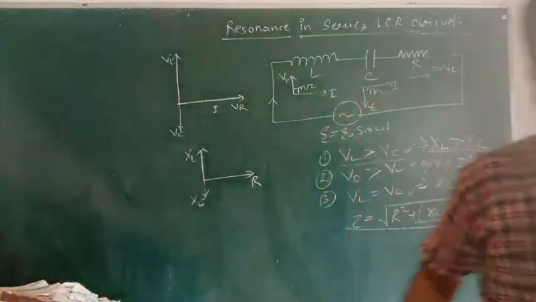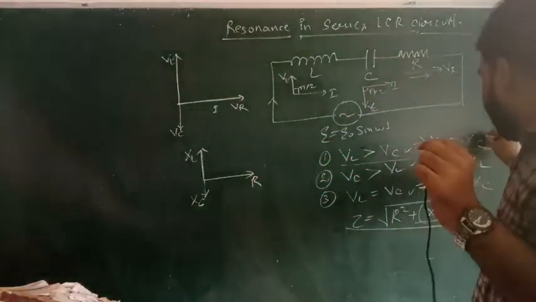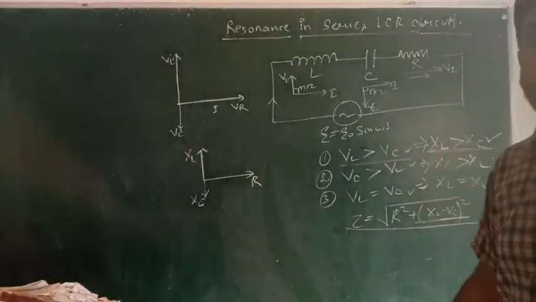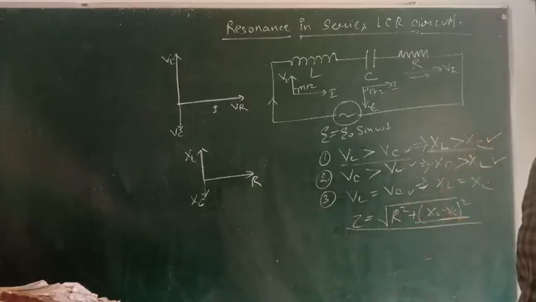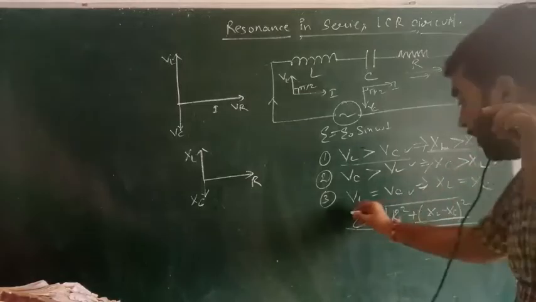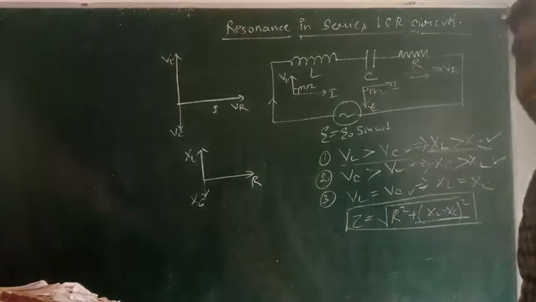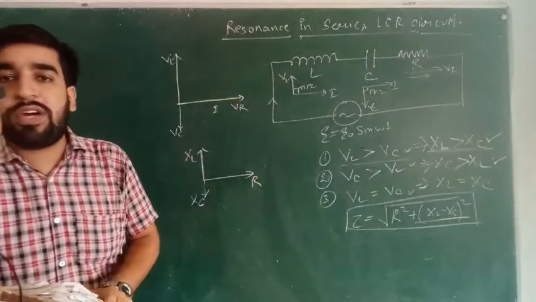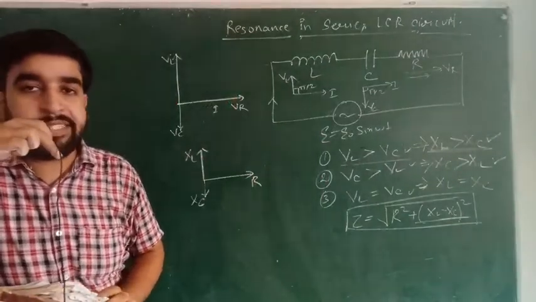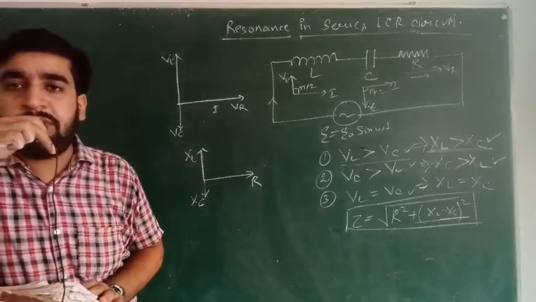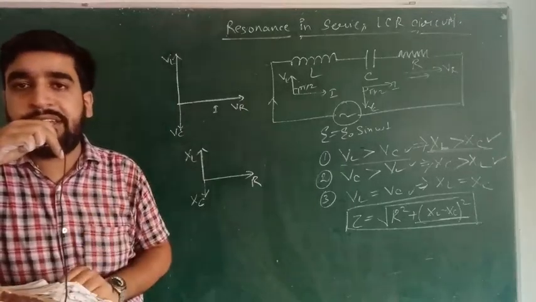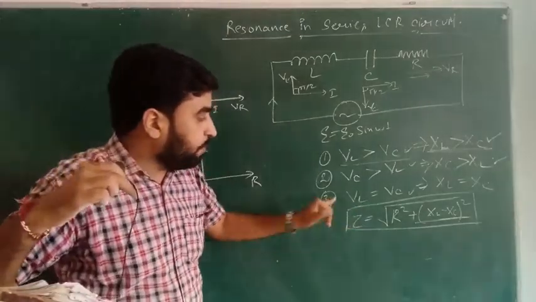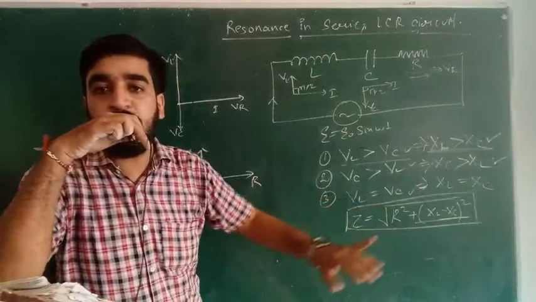So in the above two conditions, in case 1 as well as case 2, either XL is greater than XC or XC is greater than XL. In both the conditions, the overall impedance of the circuit is going to increase. We will find that impedance will reach a great value and it will not show any kind of variation. Now suppose there is the condition of VL equal to VC.